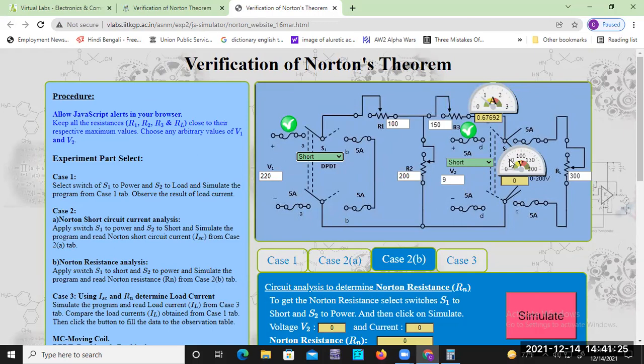Otherwise, no purpose is fulfilled by this voltage source. You don't get confused with this voltage source. This is just like a multimeter you are applying there, but actually in theory, there is no statement or position for another voltage source. So we have to measure the voltage. We are applying the 9 volt, and we have to measure how much current is flowing through this circuit due to all the other resistances.